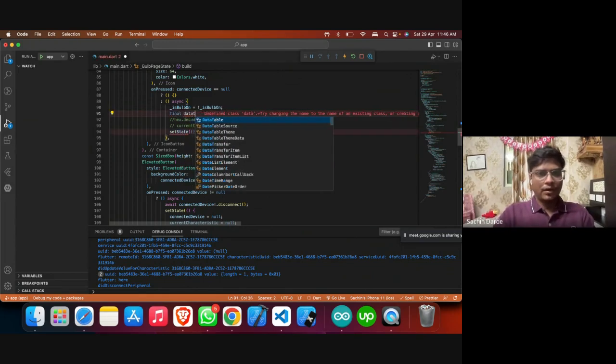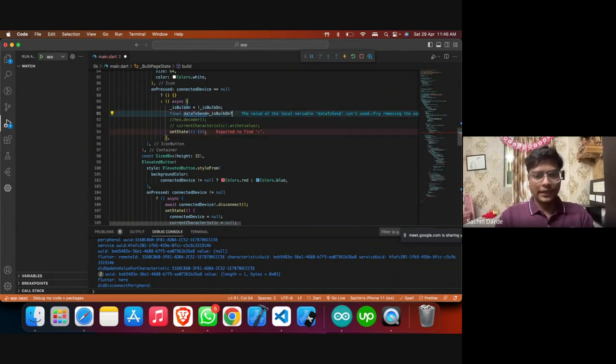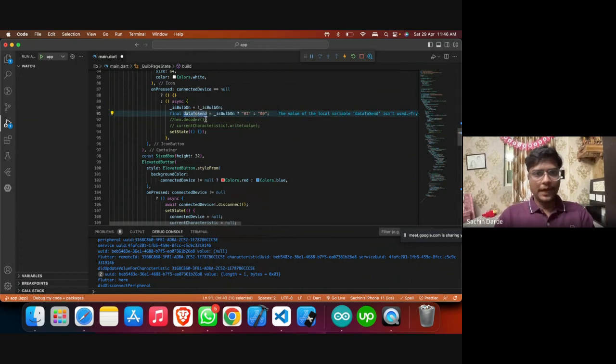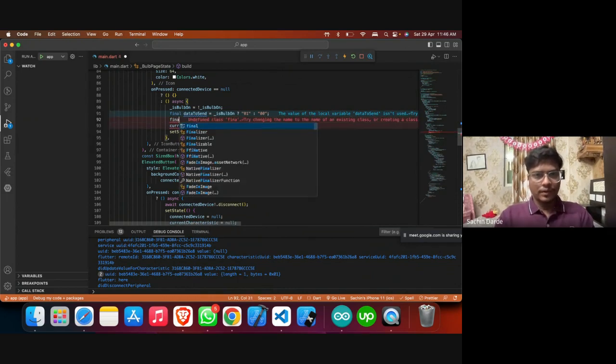final data to send. If it is going to be on, the data is going to be 0 1, and if it is going to be off, the data is going to be 0 0. Correct. So we need to just pass this data onto this. Again, our final data to write is going to be,